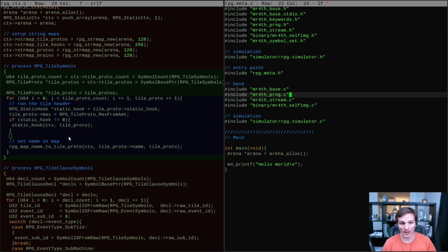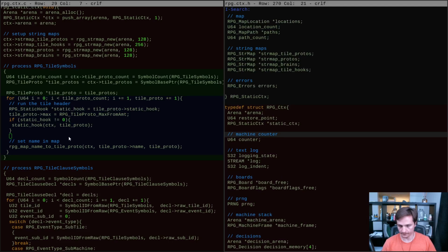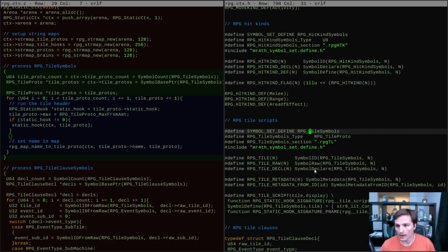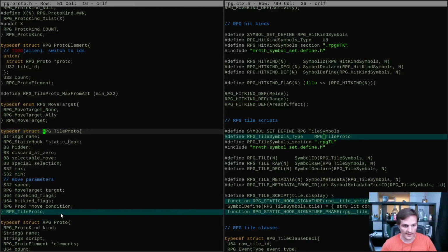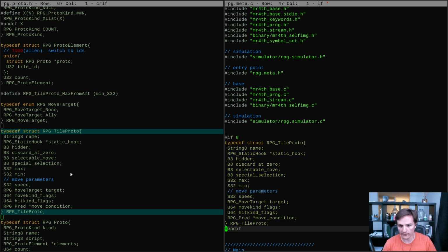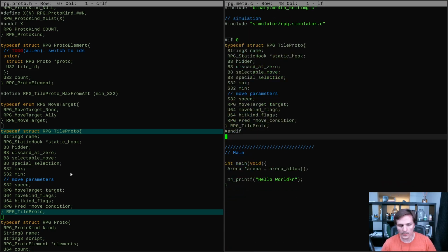So the tile symbols are declared as tile protos. So we go to that definition. They're declared to look like something like this. I'm going to just start dropping all of this here for reference, right? So our tile protos look like this